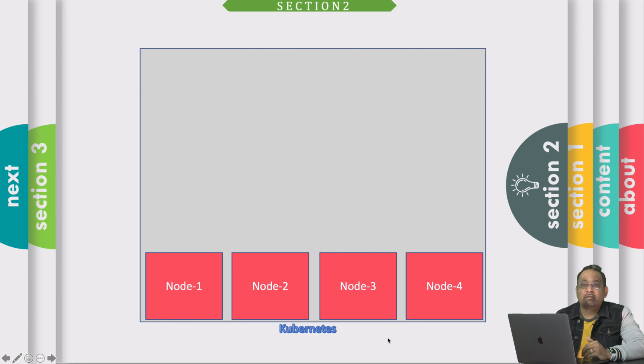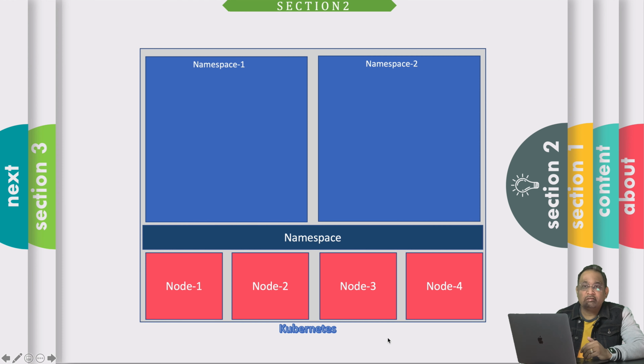Next is the namespace. A namespace can be considered as a logically isolated virtual cluster inside the main Kubernetes cluster. There can be multiple namespaces in the same Kubernetes cluster, and namespaces provide a different scope, which means that using the combination of the object and the namespace, each object gets a unique identity across the cluster. It helps a lot when multiple teams are using the same cluster and there is potential ambiguity. It can be seen as a virtual wall between the multiple clusters.